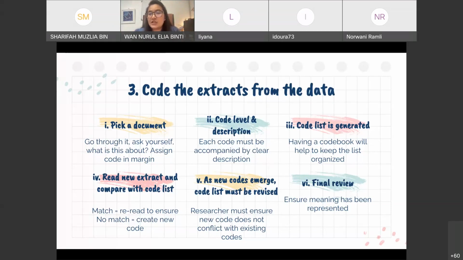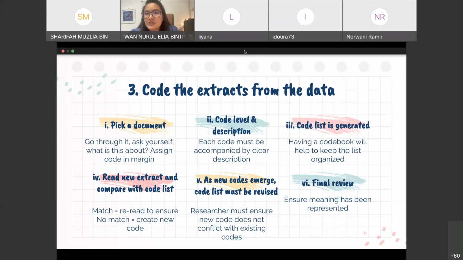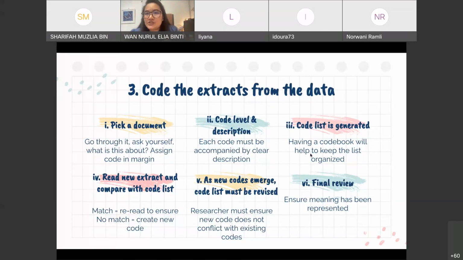As the new codes emerge, the code list that you have in number 3 just now must be revised. So what is it that you have added on to the code? And when you have a whole list, 20 codes, when you look at it again, you will notice that actually number 11 and number 12 overlap.